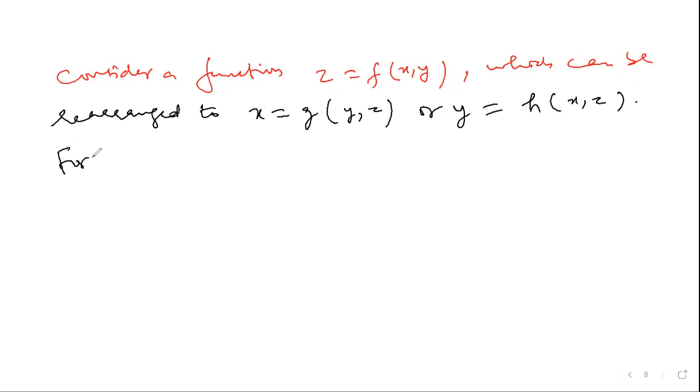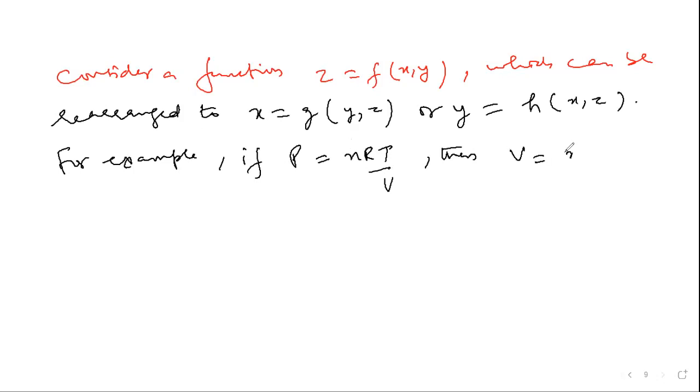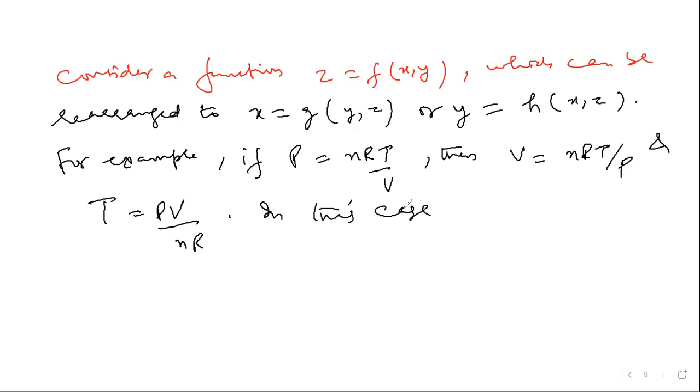For example, if P is nRT by V, then V is nRT by P, and T is PV by nR. Now in this case, I repeat,